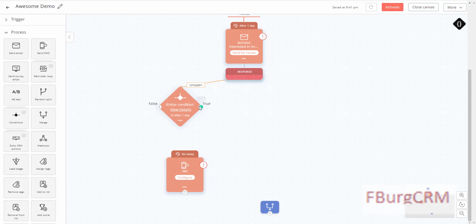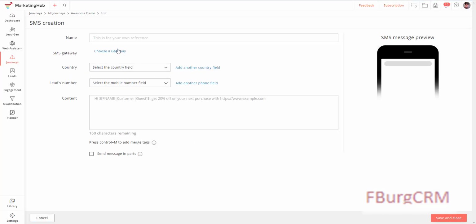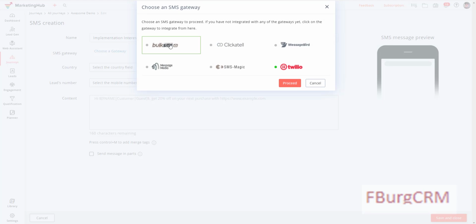So if it is true where they do not contain this, we want to send a message. Now I have this integrated with Twilio already, but I'm going to say choose gateway. These are the ones that are available natively. We're just going to choose Twilio, proceed,